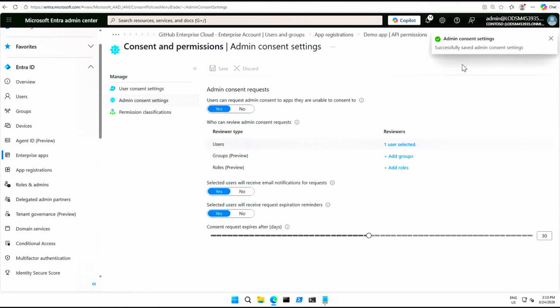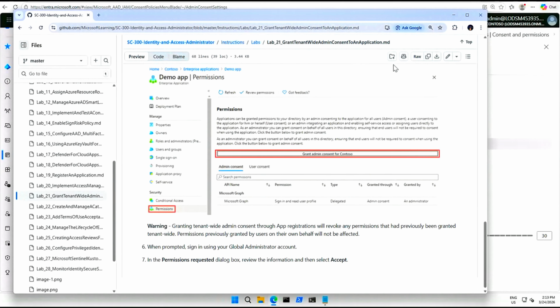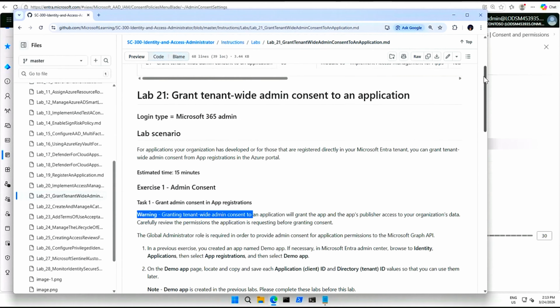So the admin consent setting is successfully saved. So we have completed lab 21 also. Just make sure that when you follow this lab, always make sure that